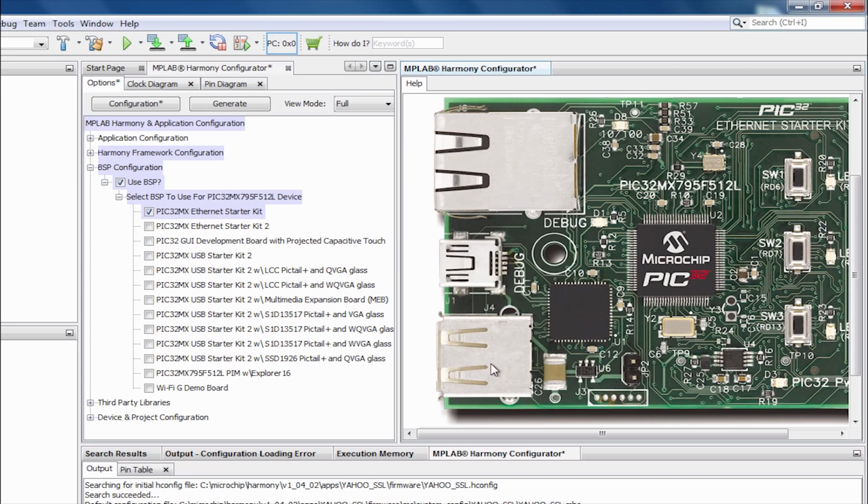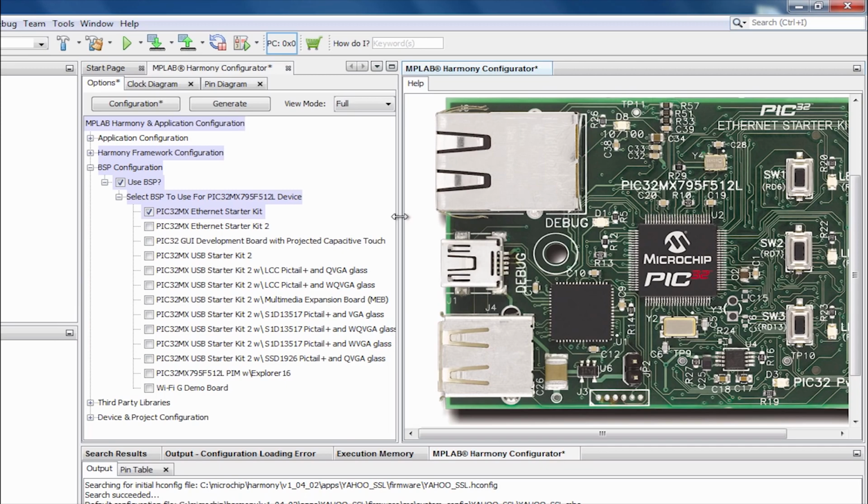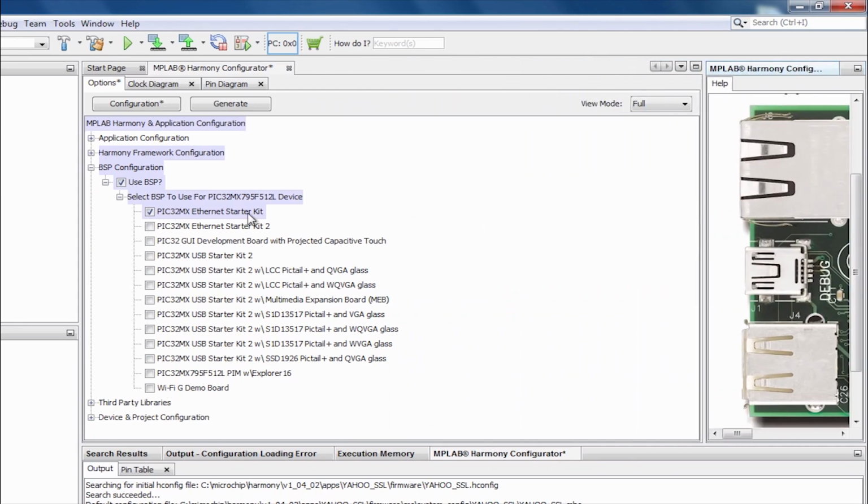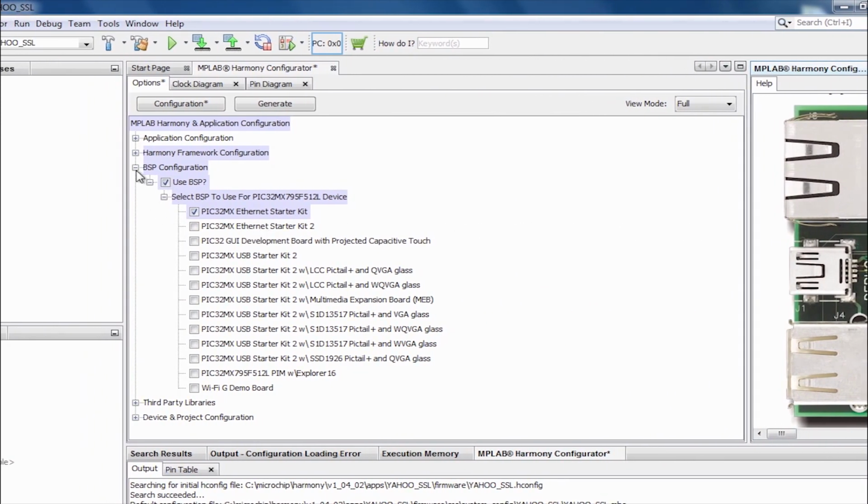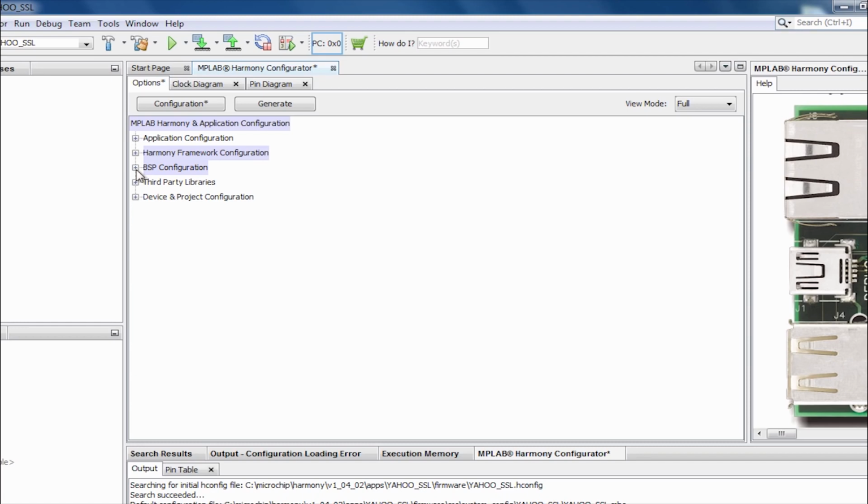And here are two USB connectors. The top connector is a USB host connector, while the bottom is a USB on-the-go connector, which we will be using as a USB device connection to the PC. This is connected to this PIC32MX over here. So if I move that away, once the board is selected, then we will go into the Harmony framework